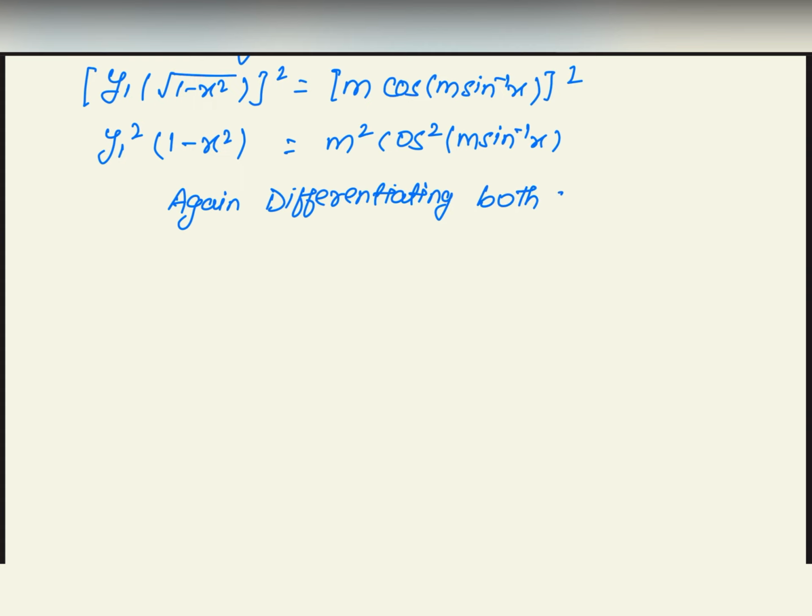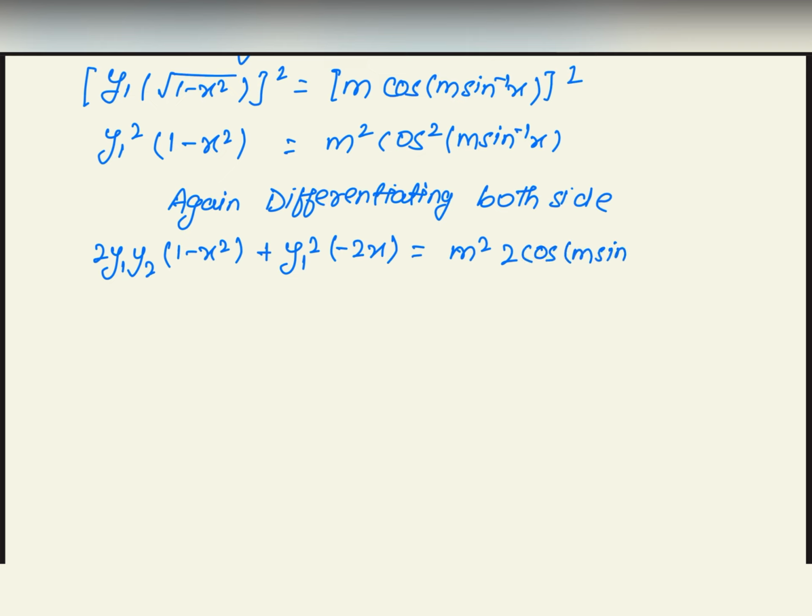Both sides, so 2y1y2 (1 minus x square) as it is plus y1 square times minus 2x is equals to m square, that is the differentiation of cos square, 2 cos m sin inverse x, and by chain rule m